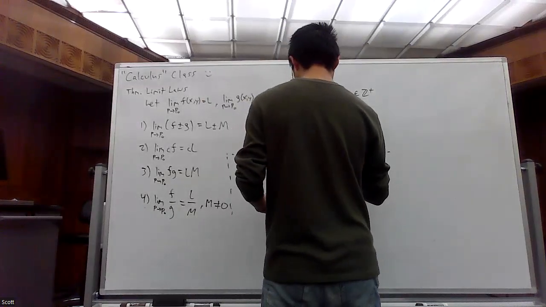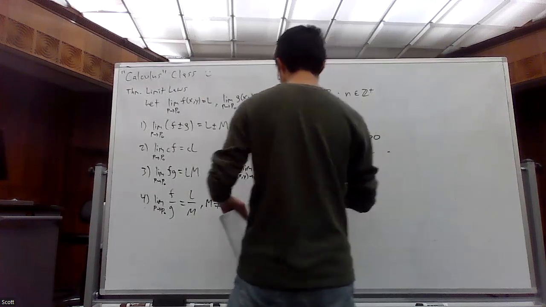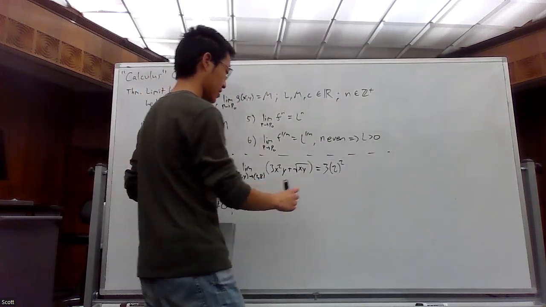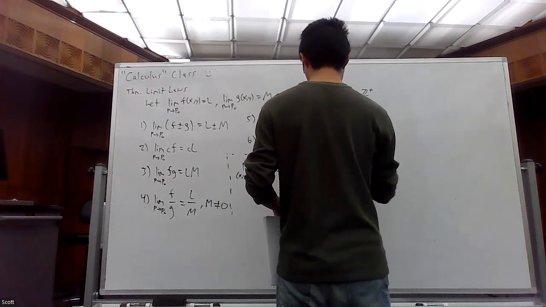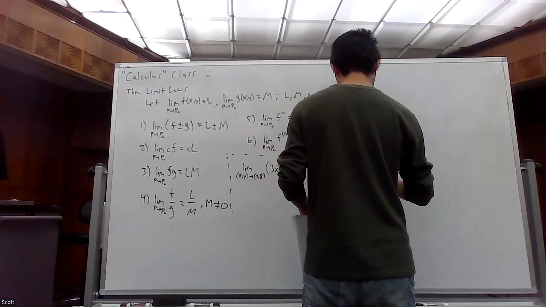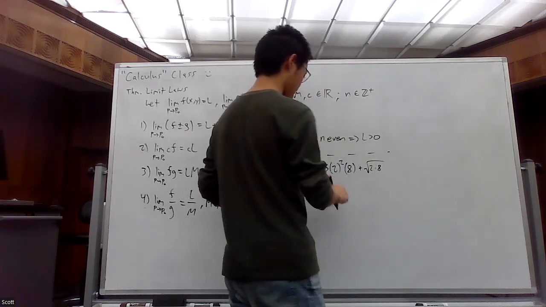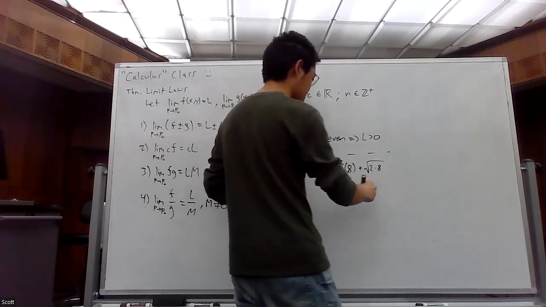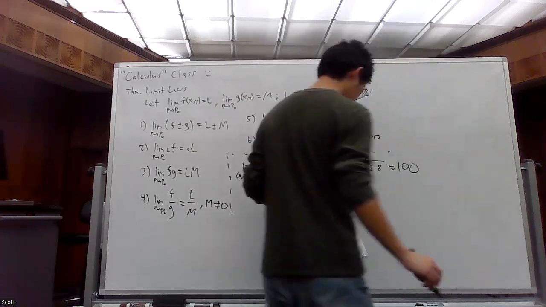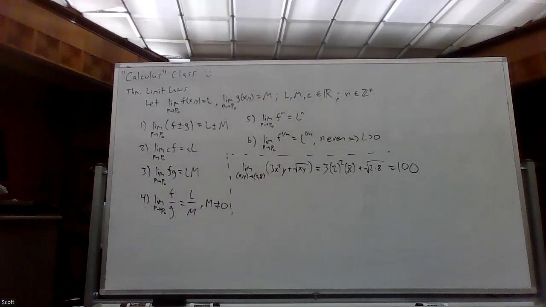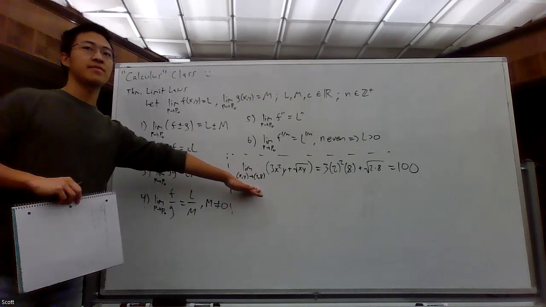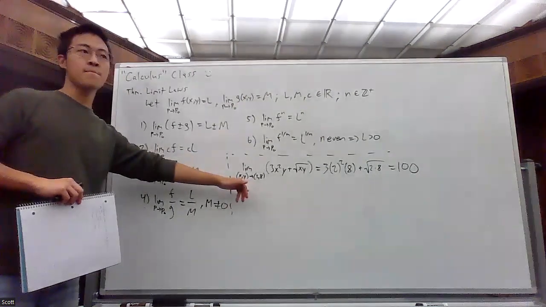So you should get just 3 times the x value squared, because 2 is x and 8 is y. Then if we're doing 3x squared y, I need the y value here, plus the square root of 2 times 8. So 3 times 2 squared times 8, added on to the square root of 16. If you could solve this on your own, raise your hand. Sweet.